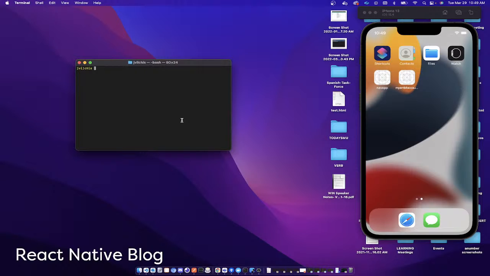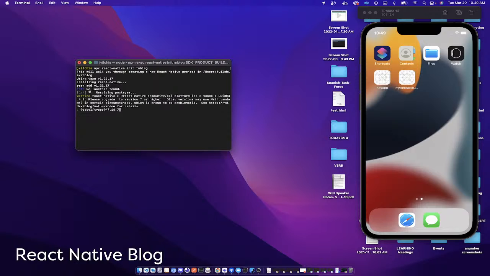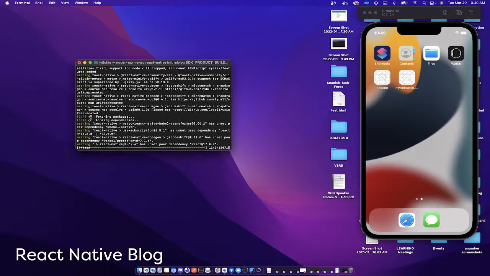So in my root, I'm going to type in npx react-native and I'm going to create a blog. So I'm just going to call it React Native rn blog. Actually, I forgot, it's init and rn blog. So this is going to install all the dependencies and everything needed in order to get started with